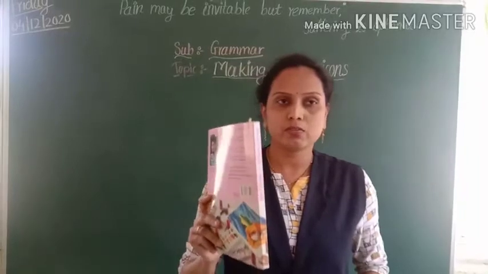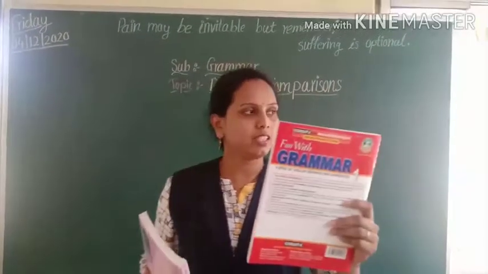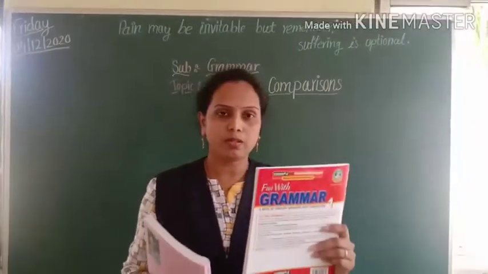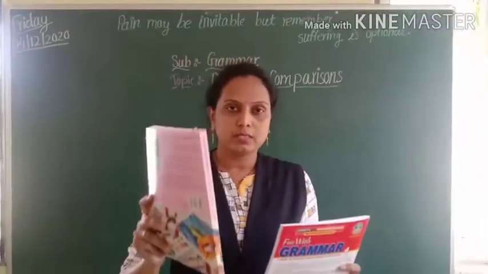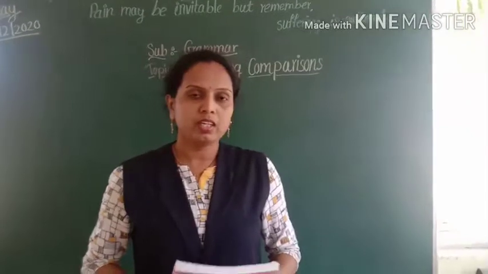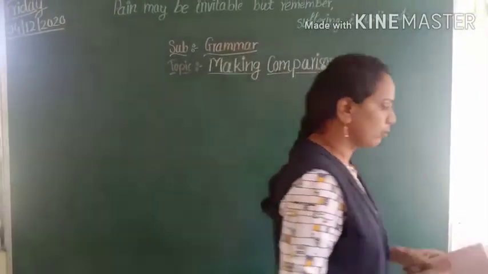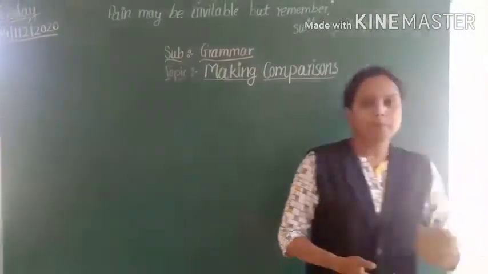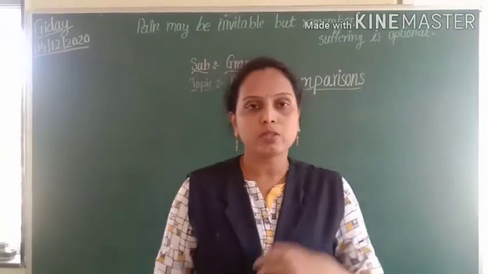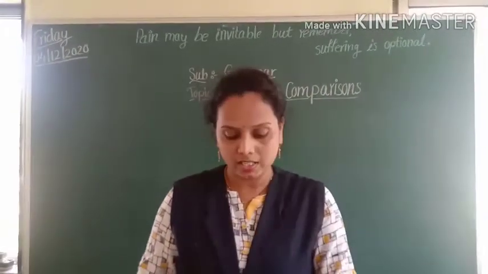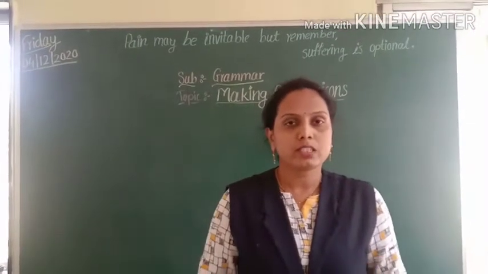This book is very big and this is very small. This is big, small. Like that we are going to do comparison in some things or some pictures which are in our textbook